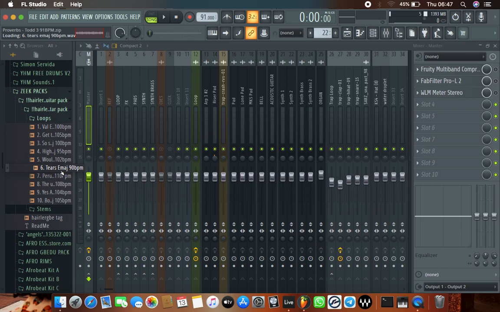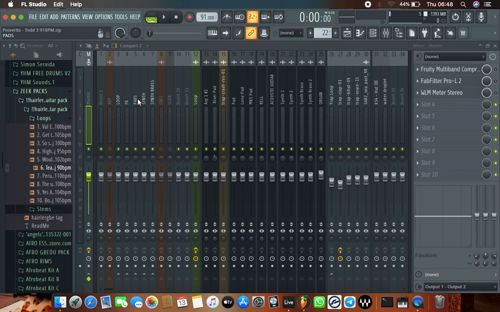Now, a stem is a track that contains a group of instruments, a group of sounds, like a group of instruments that are within the same family. Like we have strings family, we have brass family, we have pads, we have bells, we have keys, a combination of different pianos or electric pianos. You can have a group of organs and